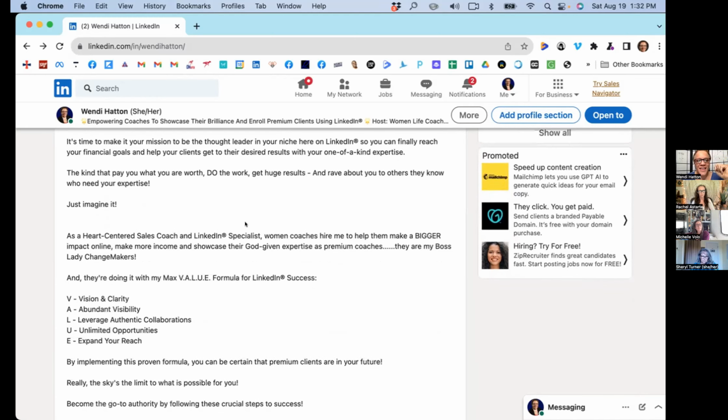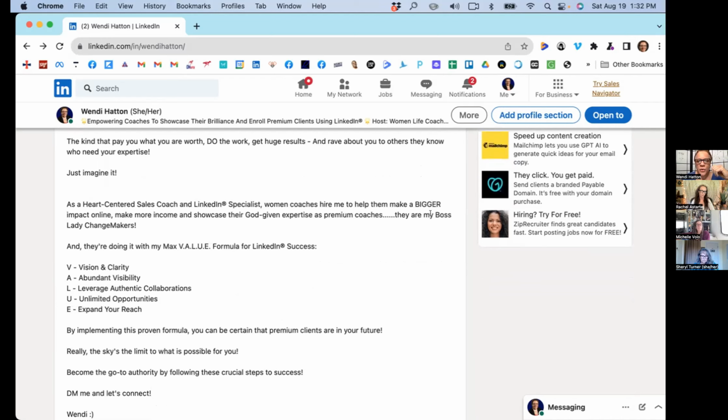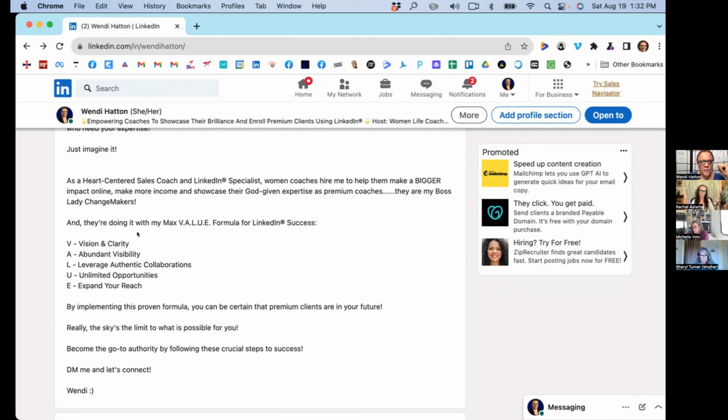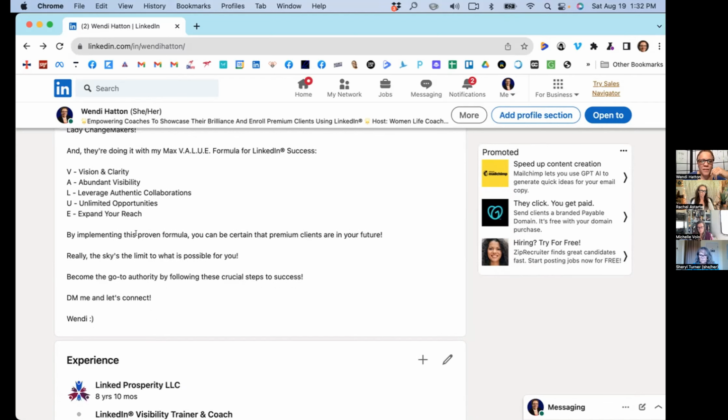And then the third section where you talk about how you can help them, just a brief synopsis of what you do. This is my methodology that has the acronym here that I use for all my trainings. If these were all going out, I wouldn't have done it that way, but they're really short. And then kind of segueing into the call to action, by implementing the proven formula, you can be certain that premium clients are in your future,